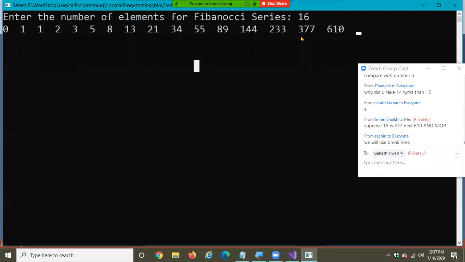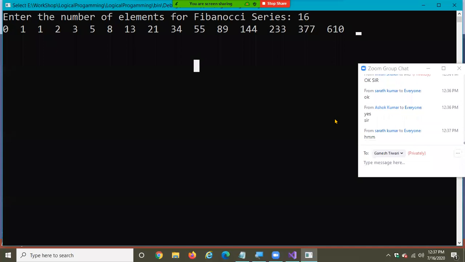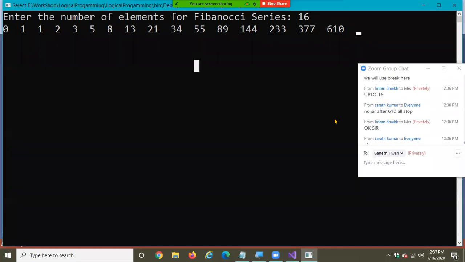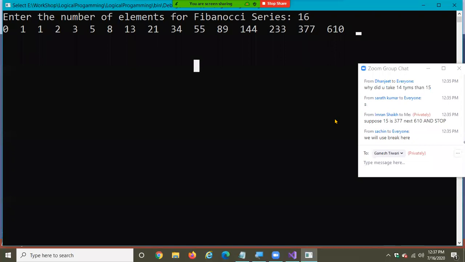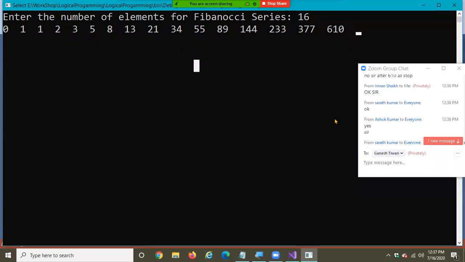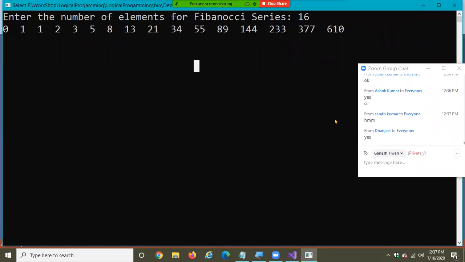If you enter 0, it should take 0 to 15. Are you clear, Danjit? The loop will start from 0, so that's why I've taken less than. Okay.